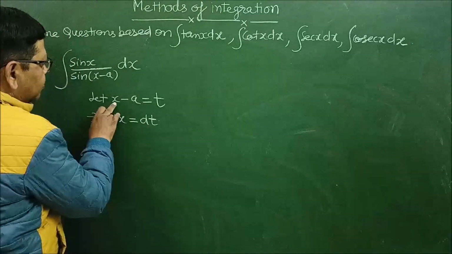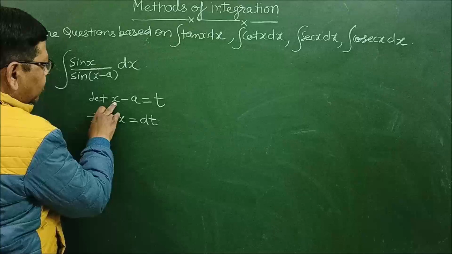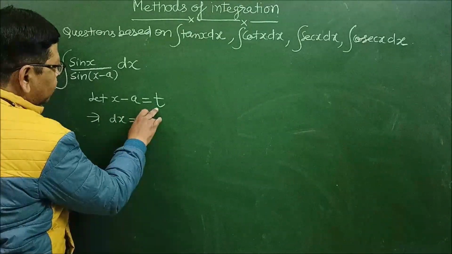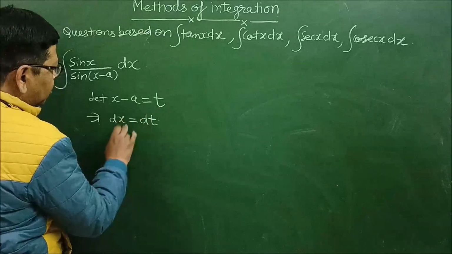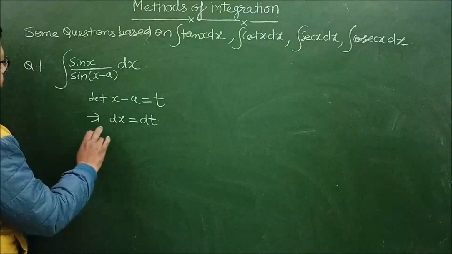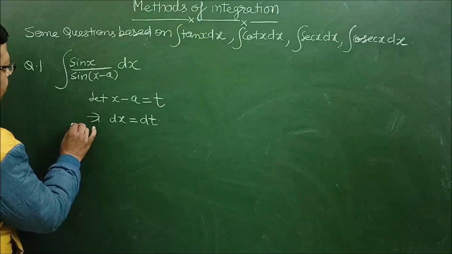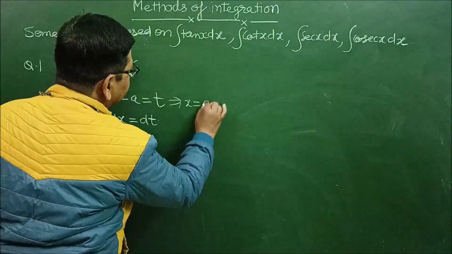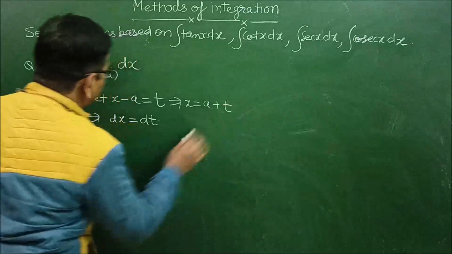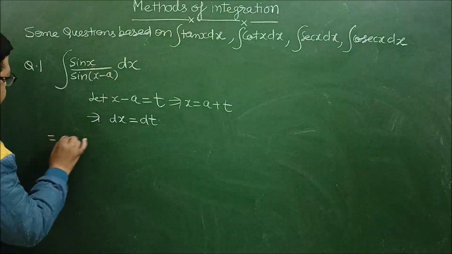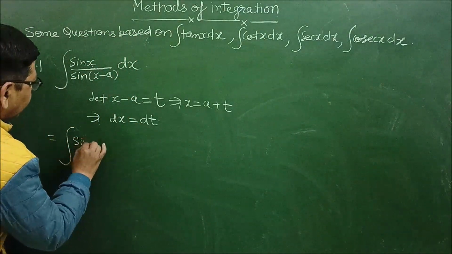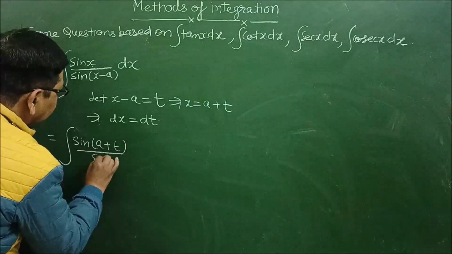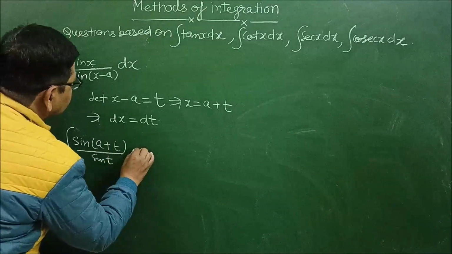Differentiating x with respect to x, that is 1, and then putting dx sign, and differentiating t with respect to t, that is 1, and then putting dt. So dx is equal to dt. So if I replace here, then the value of x is equal to a plus t. So here we can replace, this is equal to integral of sin(a plus t) upon sin t, and dx is